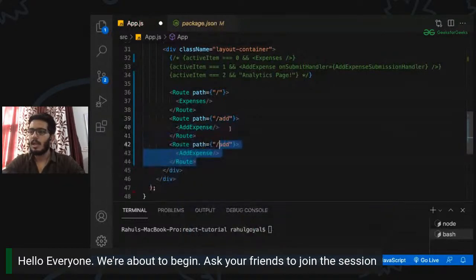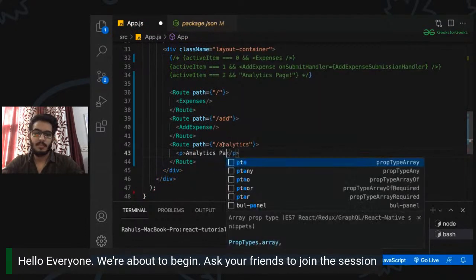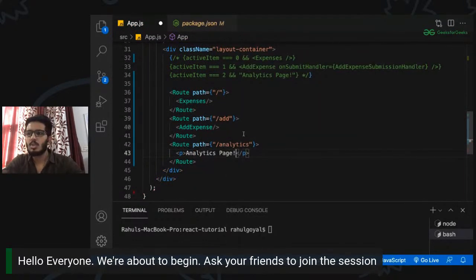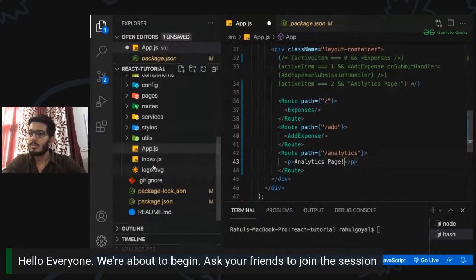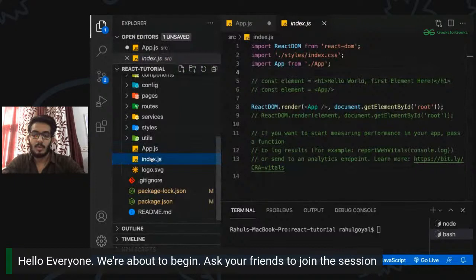And for the analytics, I just want to show just a text, analytics page maybe. But if we save it, it won't work, because to activate all the features of routing and to register routes, we need to add something in our root file. So let's go to our root file, and what we can do is